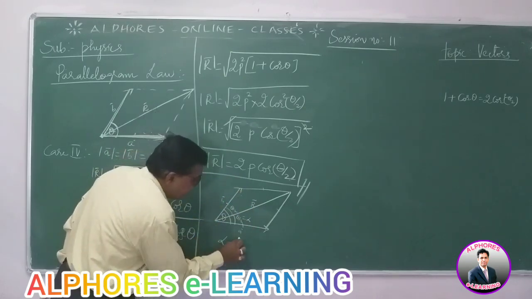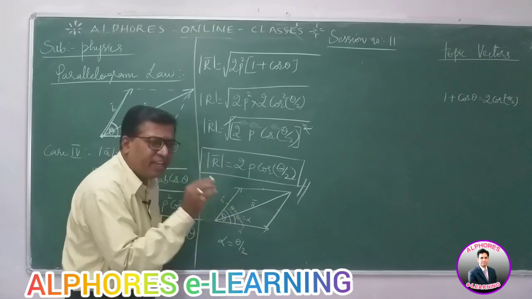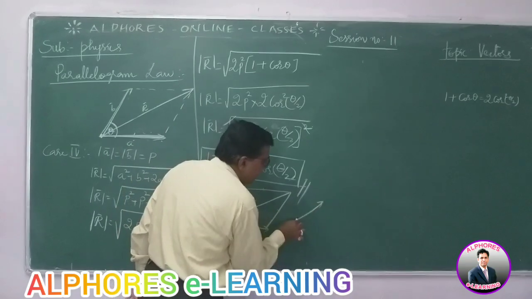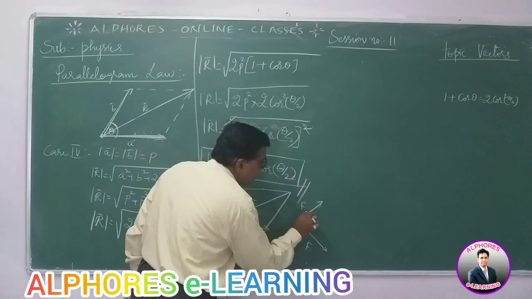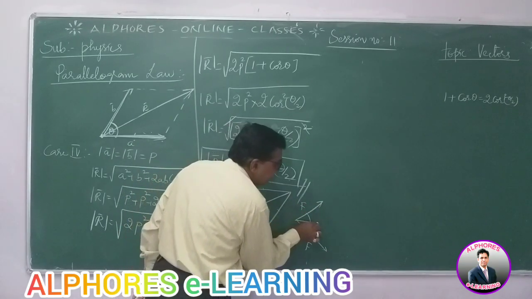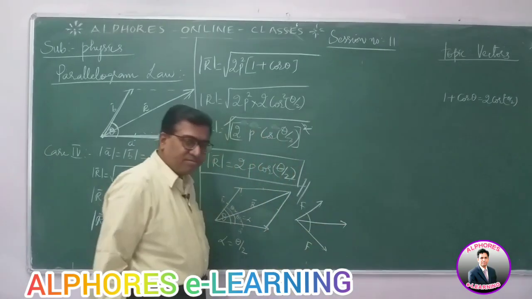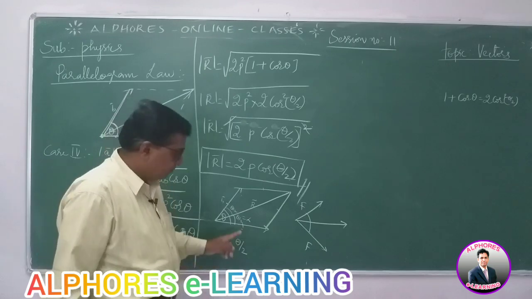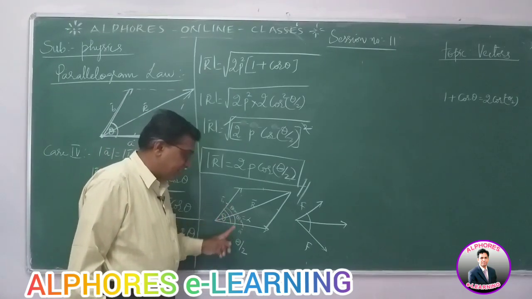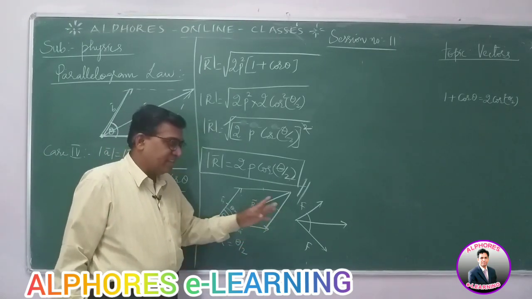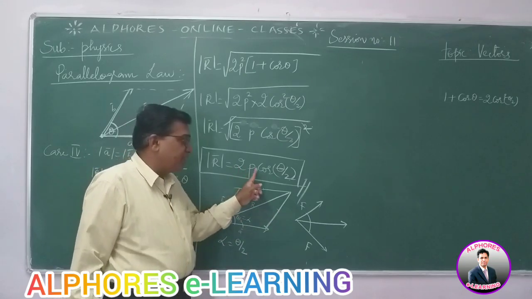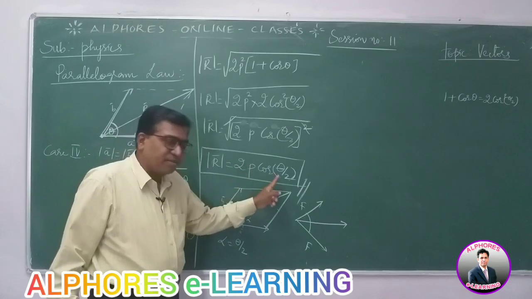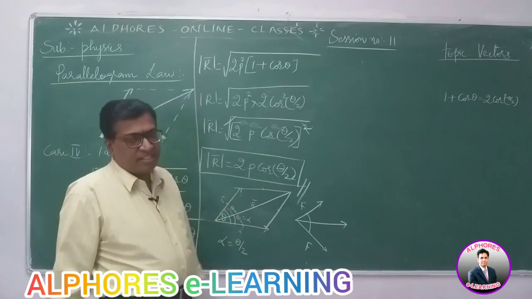So alpha is theta by 2. A very good identity. I was just giving you an example. Two forces F acting at an angle, then the resultant is the angular bisector, and the magnitude is 2F cos theta by 2. So the angle made with either of the vectors is theta by 2, and the resultant magnitude is 2P cos theta by 2. Magnitude 2P cos theta by 2, angle theta by 2.